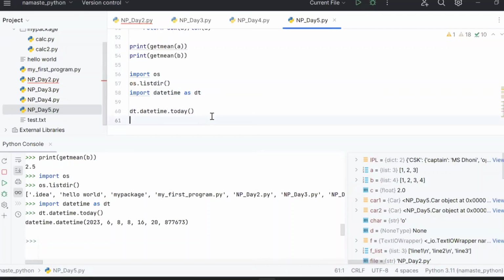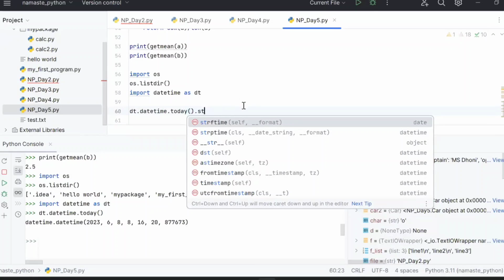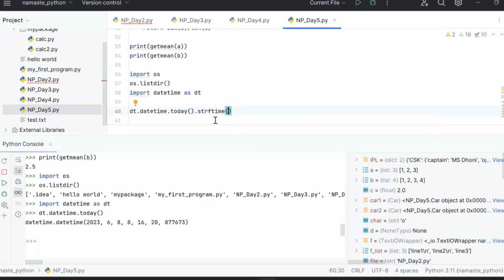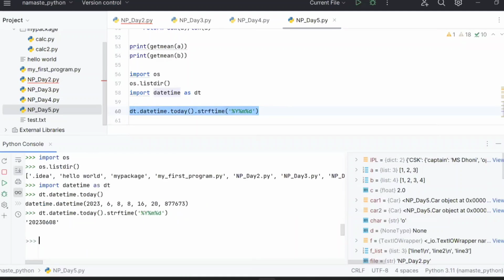Right? Now let's say there's another function in this, strftime, right? On top of it, if you want to change it to a particular format, so this format doesn't look so good, right? You can say %Y, %m, %d. You are saying convert it into YYYYMMDD format. So if I run this now, okay, you see it is coming in YYYYMMDD format. If you want to have hyphen in between,